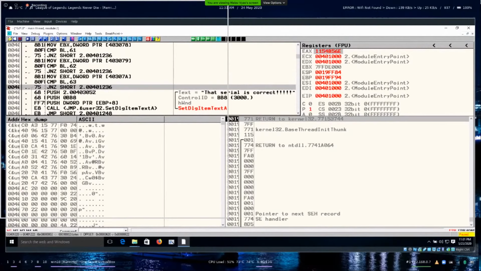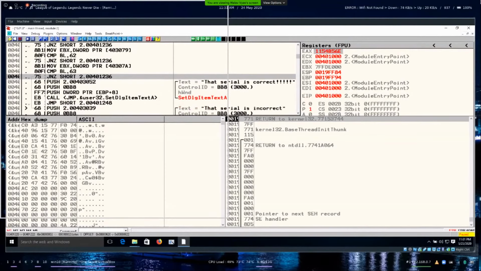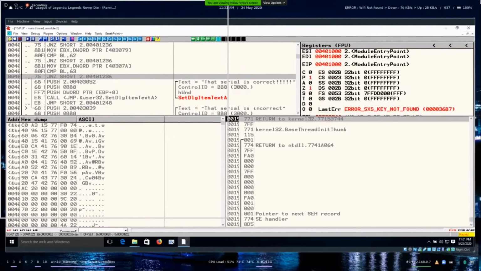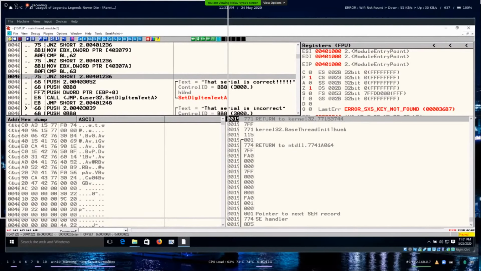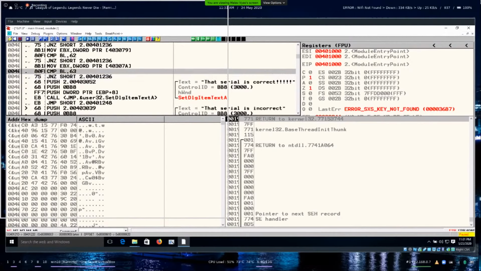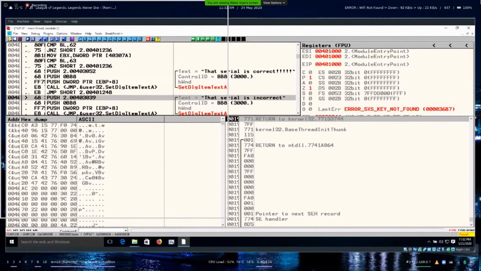As we said before, the JNZ instruction checks the zero flag, which is set to one, and will take the jump accordingly. After executing this instruction, it would check if it's zero. If it's not zero, it will jump to this, which just executes this serial is incorrect.